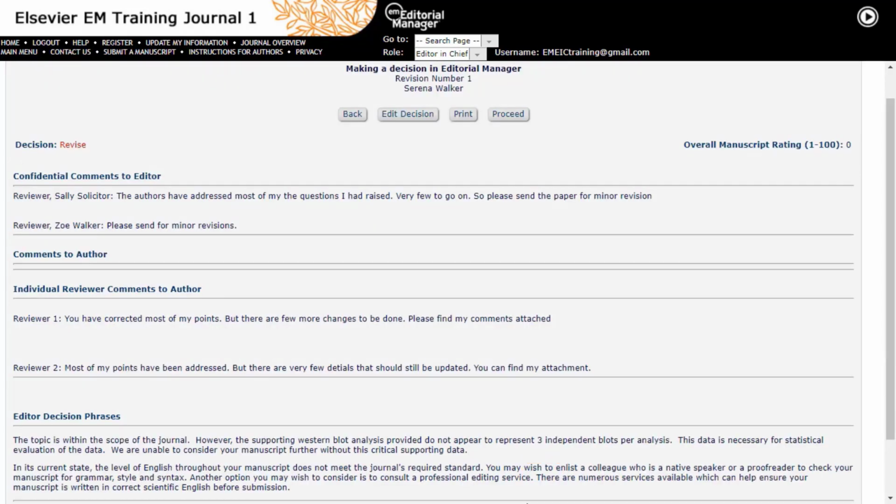In this draft decision page, you can preview the decision and comments. Click on Edit Decision if you need to change anything. If you do not have permission to draft a decision letter, the Submit Decision button will appear for you. You can click on this button to finalize your decision, and the submission will be passed on to the next editor